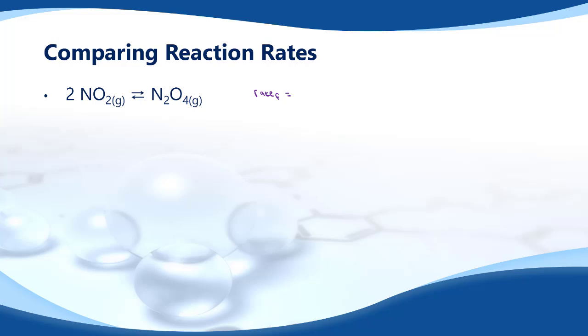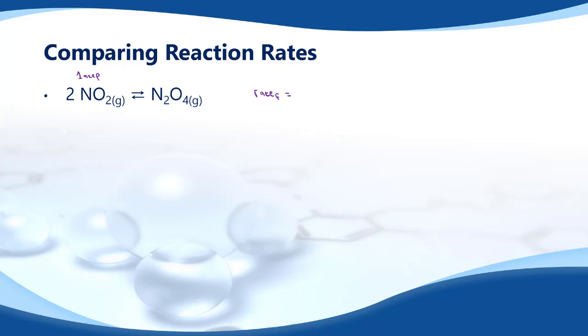We're going to assume that all reactions occur in one elementary step. If you remember, the rate law for an elementary step is based on the coefficients of the things in that step. So if we assume both forward and reverse reactions occur in one step, we can write a rate